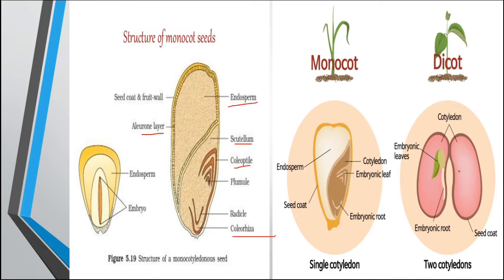Now, in this figure we can compare the single cotyledonous and the two cotyledonous seed, that is monocot and dicot seed. Here a single cotyledon is there, here two cotyledons are there. This is the embryonal root, and on this side is the embryonal shoot system, that is the plumule. These two cotyledons are covered by the seed coat. The monocot is also covered by the seed coat. This is the endosperm layer. Then the embryonal root is covered by coleorhiza, and the embryonal shoot is covered by the coleoptile, and this is the single cotyledon, but shield shaped. So, this is all about the different types of seeds.